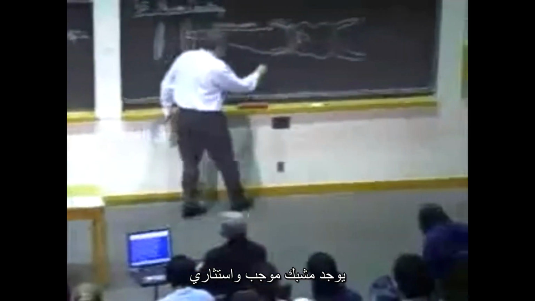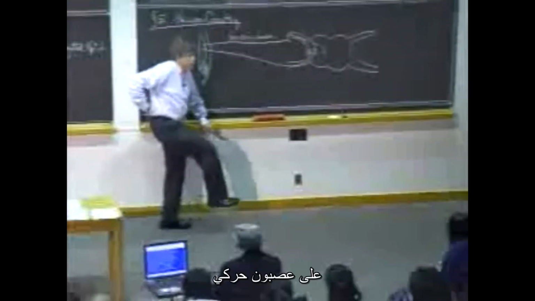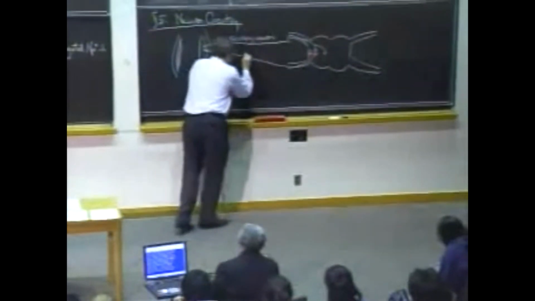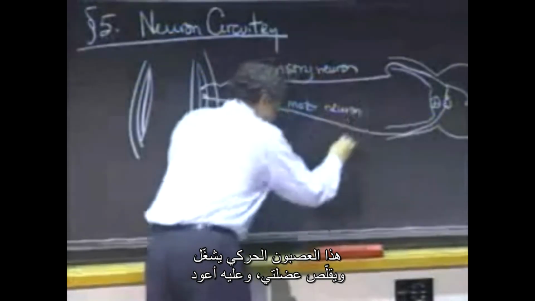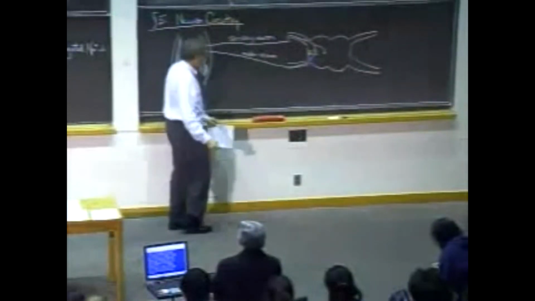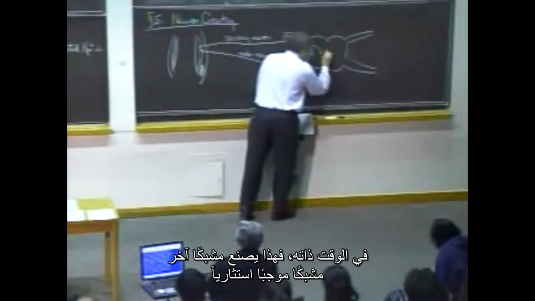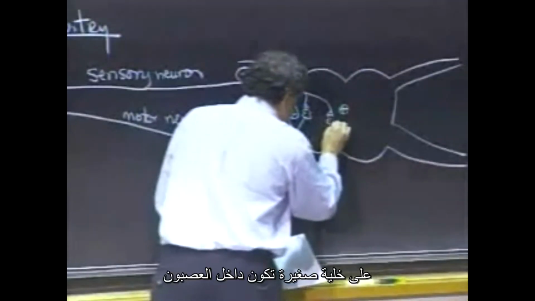There's an excitatory, positive synapse onto a motor neuron. This motor neuron fires and contracts my muscle. So I go back. At the same time, this guy makes another synapse, a positive excitatory synapse on a little